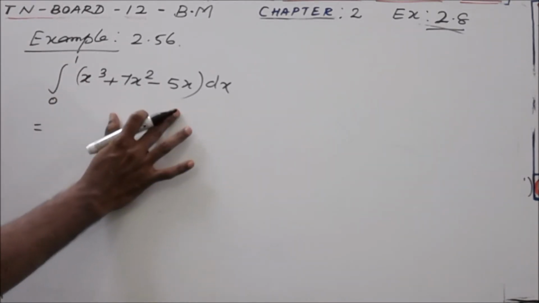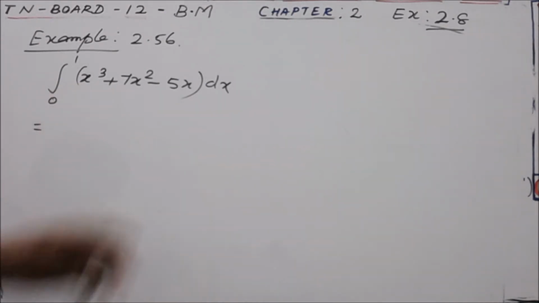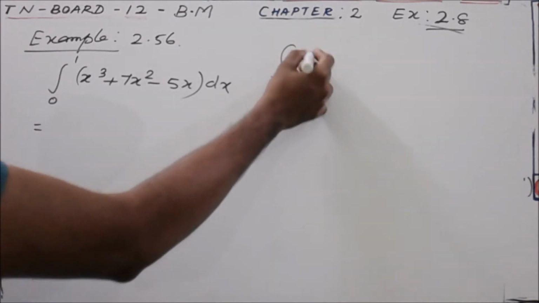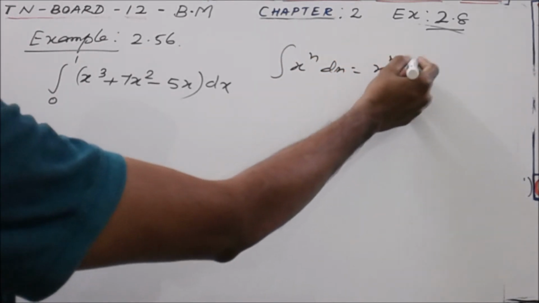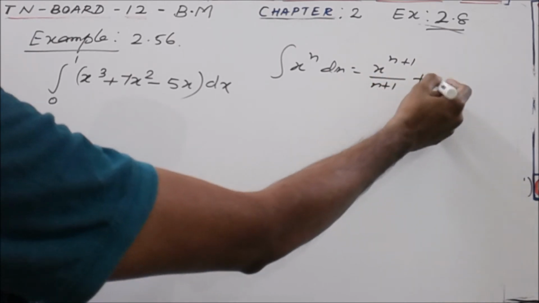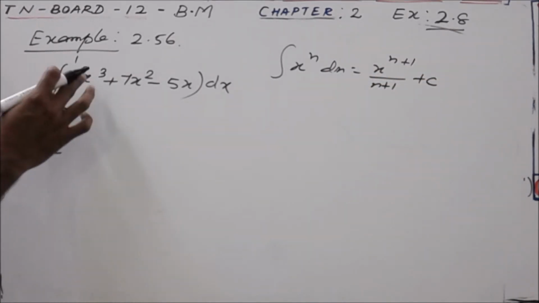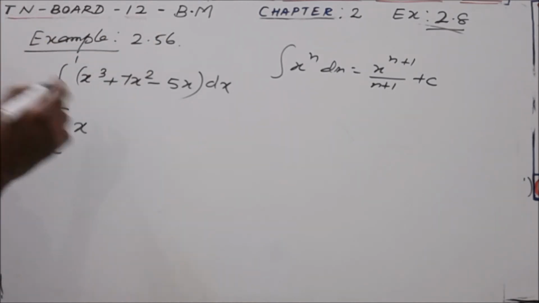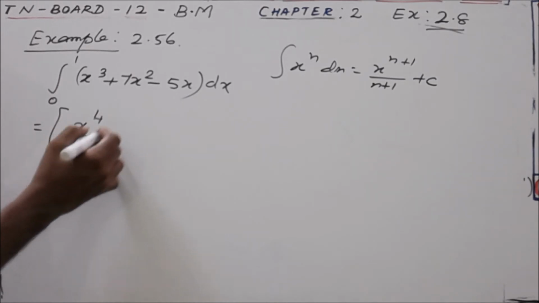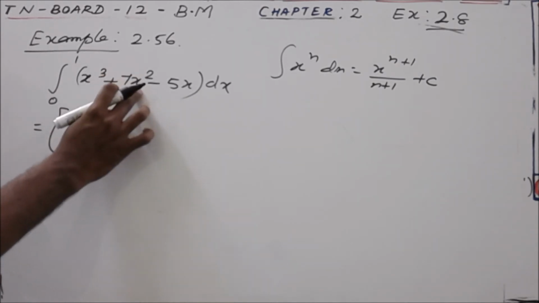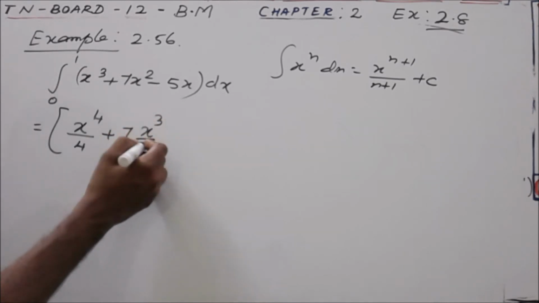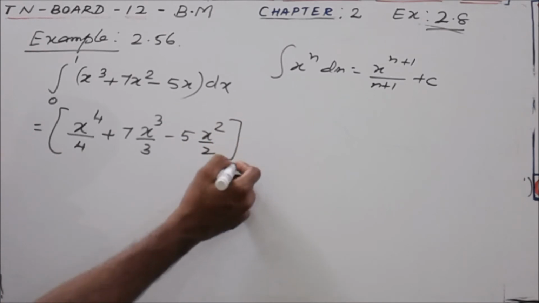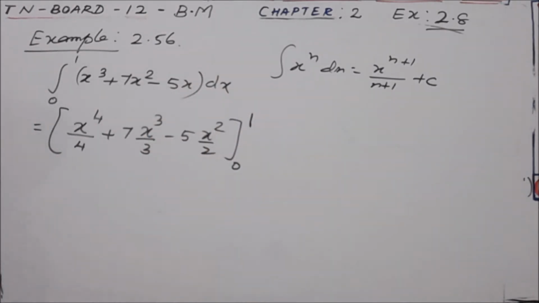They are all individual functions, and we have direct formulas for these three different functions. We can directly go with the formula: integral of x power n dx equals x power n plus 1 divided by n plus 1, plus c. Now for the first function the integral value is x power n plus 1 by n plus 1, means 3 plus 1 by 3 plus 1, x power 4 by 4, plus 7 and x square, x cube by 3, minus 5 into, for x it is x square by 2, limit is 0 to 1, lower limit and